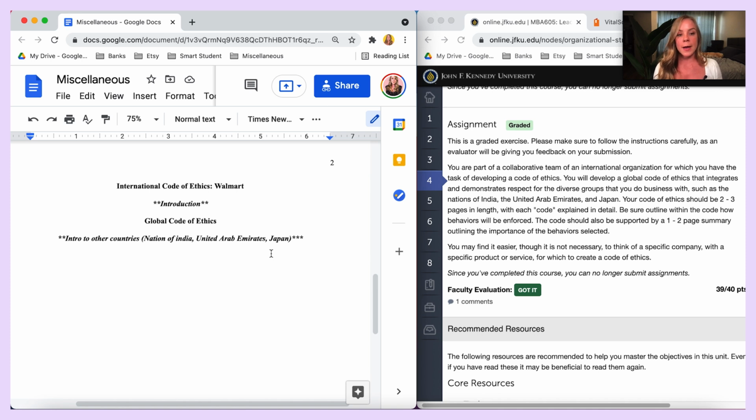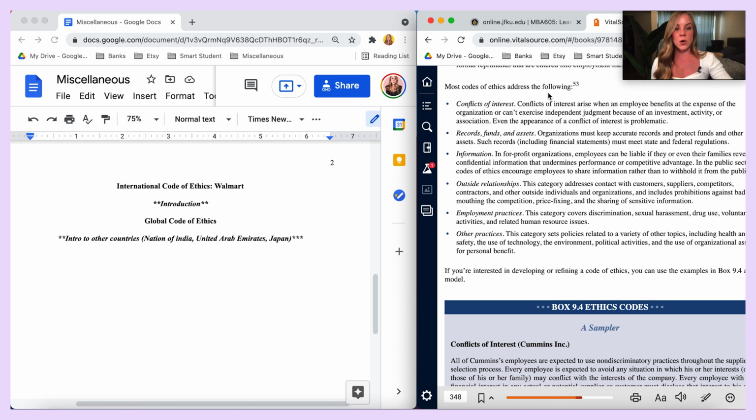So now I would ask myself, is there any other criteria that I need to meet, or can I go ahead and get into the code of ethics? And quite frankly, no, there really isn't anything else I need to cover. So now I'm going to start creating my outline for those code of ethics based on the 6 I found in my textbook. So the question is, do you want to create them as a level 1 or a level